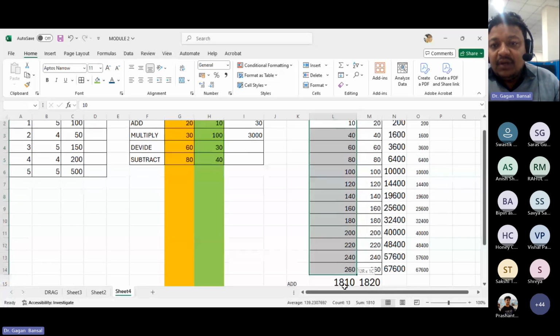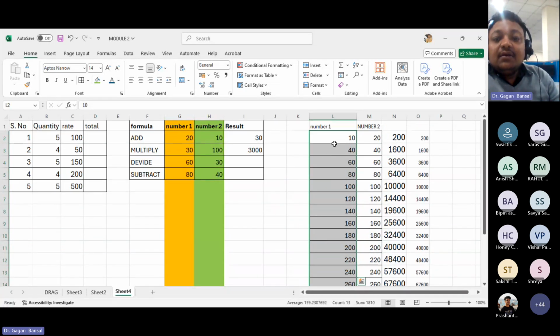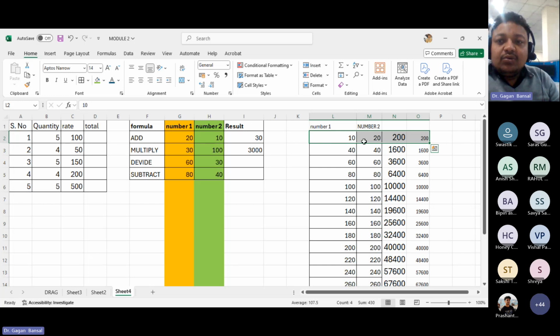ऐसे ही आप पूरा मल्टीप्लाई भी कर सकते हैं, फ्रॉम एनी रेंज टू एनी रेंज, इन दी कॉलम ऑल्सो एंड इन दी रो ऑल्सो। आप चाहते हैं कि रोज मल्टीप्लाई हो जाए तो रोज भी मल्टीप्लाई हो जाएगा, आप चाहते हैं कॉलम मल्टीप्लाई हो जाए तो कॉलम भी मल्टीप्लाई हो जाएगा, ठीक है। इन द सिमिलर फैशन,